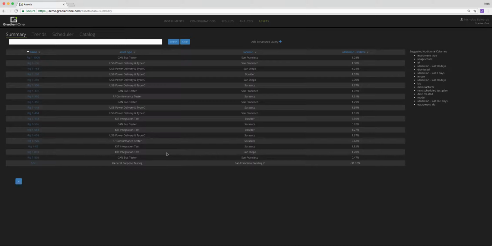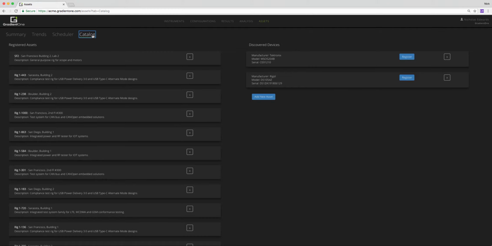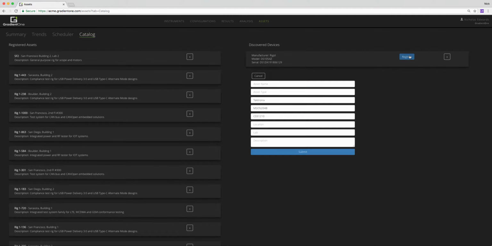discovery feature. So in this example, you'll see a variety of test systems that are currently being tracked and monitored for utilization. We also have two new devices that are being used that are not registered as part of the system. The GradientOne client capability continually monitors and tracks new activity, and when it sees a new device, it will interrogate it for things like manufacturer, what it is, the model number and serial number, and that's what's happened here. So in this case, these two devices that are discovered, the administrator may want to register them, which is